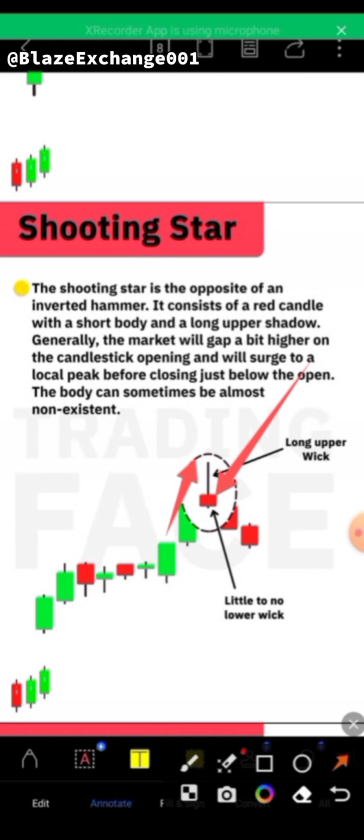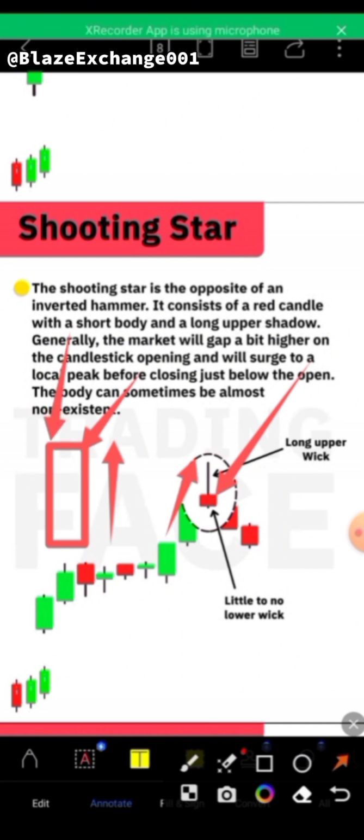Before a wick is formed, just go through your chart. Let me draw something like this. Let's say this is the body, and this is a candlestick here. Now let's say the price of a coin starts going up. If we decide to stay on this particular place, my arrow is the body. If another candlestick opens, the body will still remain like this. So let's say before another candlestick opens, the price starts going up like this, then the price starts coming down.